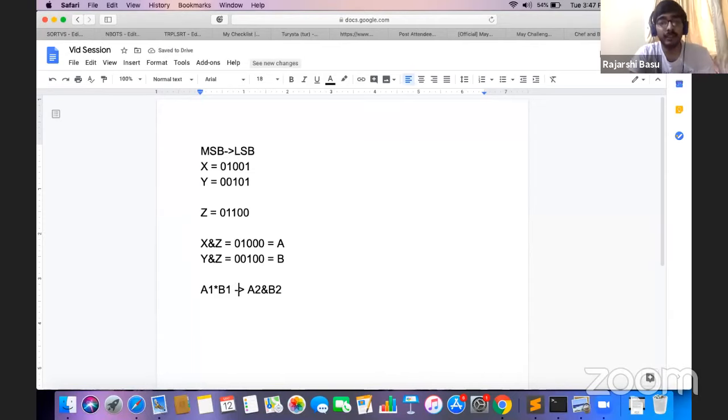When do we say that this is definitely better than A1, B1? When both A1 is less than A2 and B1 is less than B2, right? Then definitely this product is greater. So if we can better both A and B, then we will be getting a better solution, right? So the thing is, for Z, how do we choose an optimal Z such that both A and B are